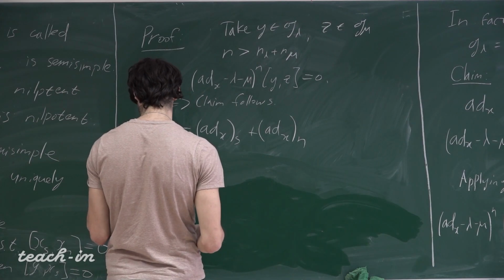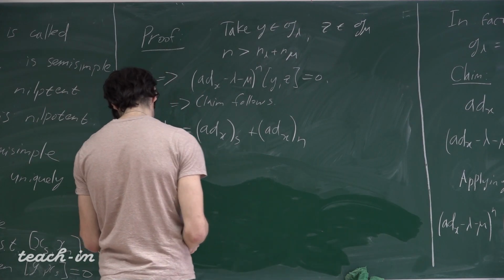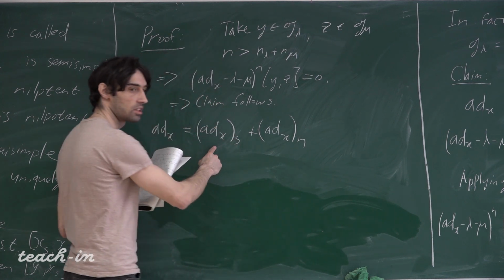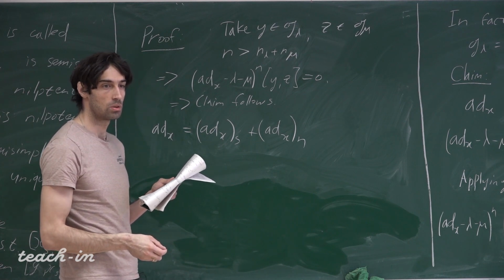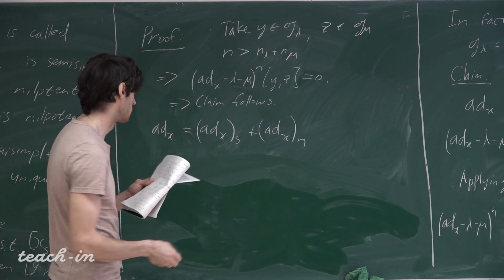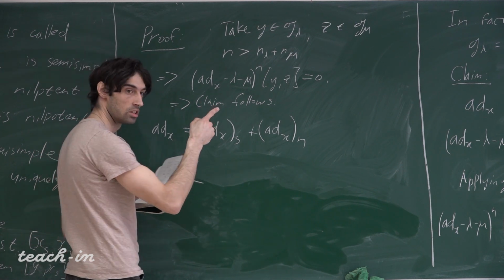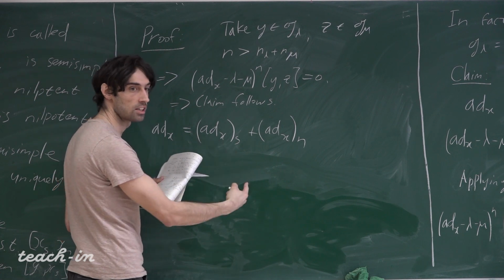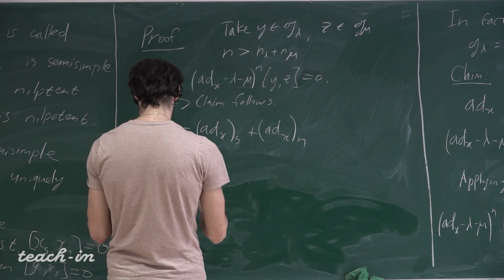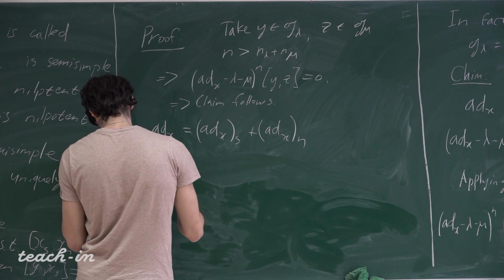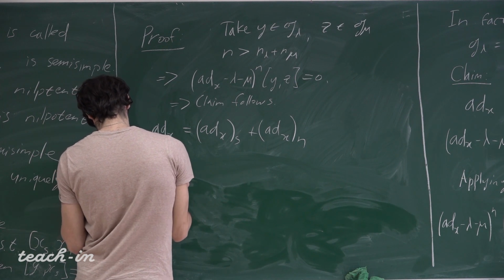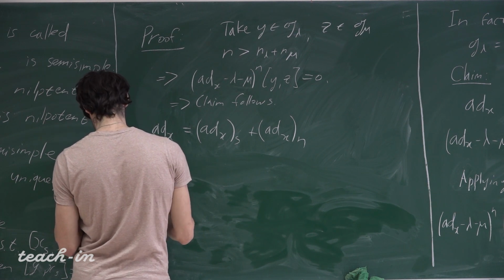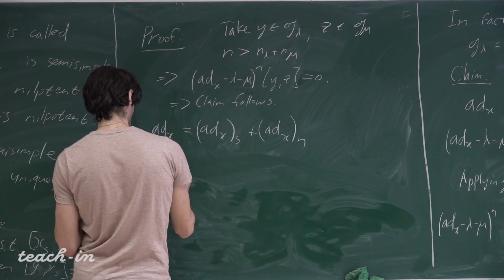Let me now, so the goal is to prove that this thing is a derivation on G. Therefore, I will have some x_s such that this is ad x_s, right? So how to do that? Let me take, so first observe that ad x